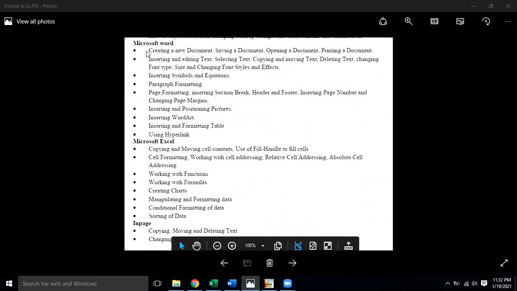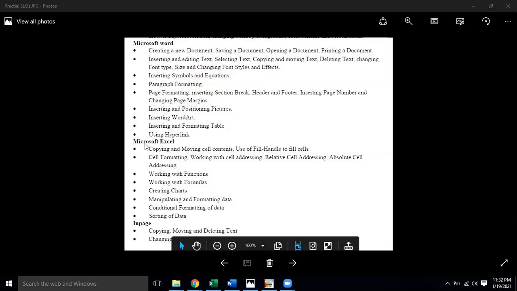Just like the important bullet points given in Microsoft Word: inserting a page, inserting text, typing text, removing grammar and error mistakes from the text, how to print, how to open paragraph formatting, bullets and numbering. We are trying to cover all these things and we have understood all these points.